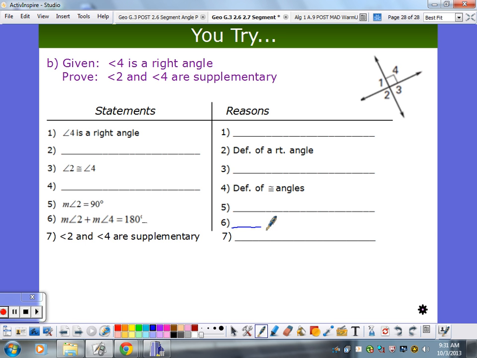you've got to figure out why. And angle 2 and angle 4 are supplementary, that's my conclusion. And you have to figure out why. So there were some mistakes in the notes section there. So if you want to try and correct that, maybe we can try and figure